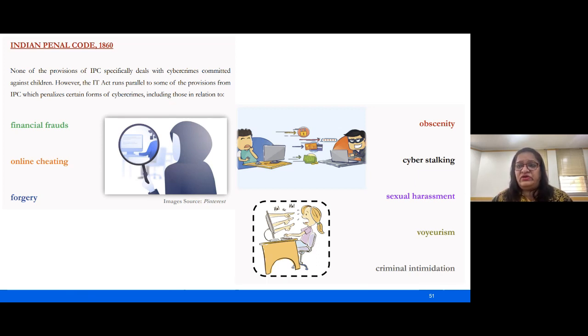Many cases just went untold. Many stories were put under wraps. Many situations were getting affected. But ever since the concept of Digital Nagrik has emerged, the concept of Digital India has emerged, and the inclusion of technology has been there, the discussion about financial frauds, online cheating, forgery, obscenity, cyber stalking, sexual harassment, voyeurism, and of course, criminal intimidation